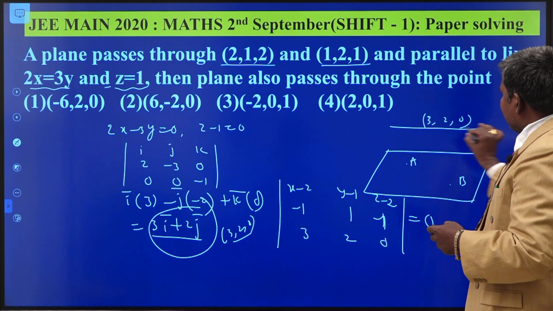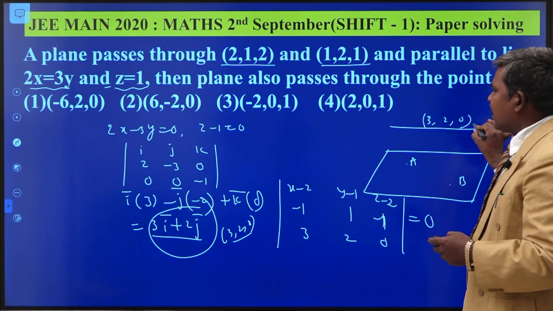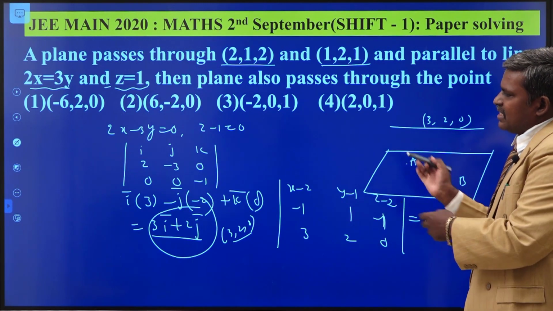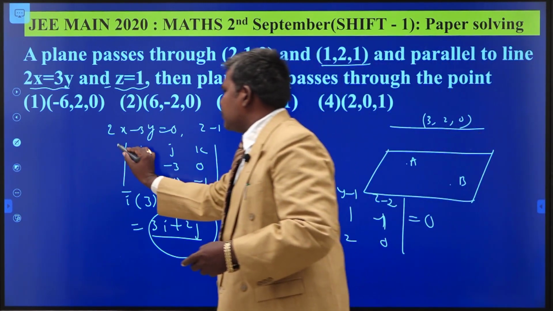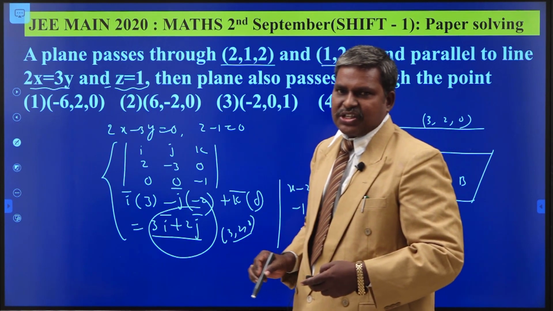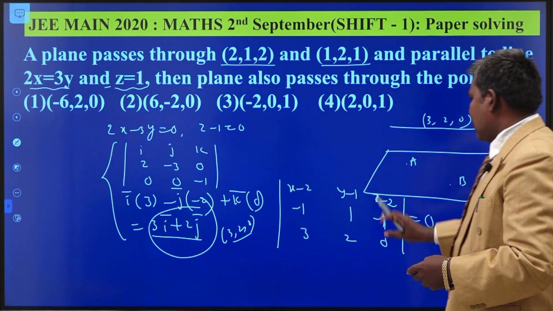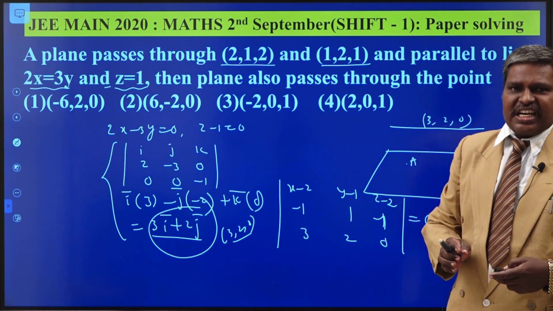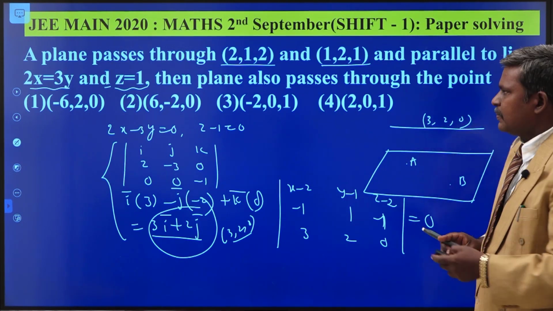Once if they give the direct line equation in Cartesian form, it is easy to write this equation. So, they have given one twist here. The twist is here. You have to find out the direction ratios of the line of intersection. After getting the equation itself, you can substitute the point which satisfies this equation. Understand?